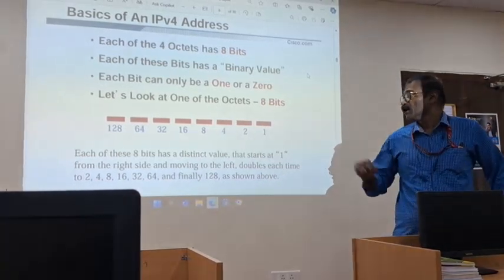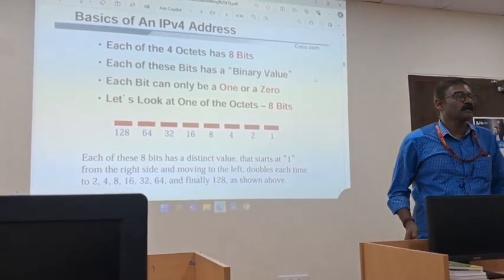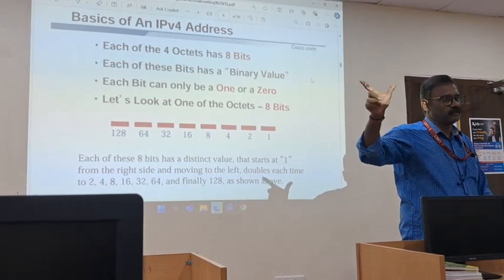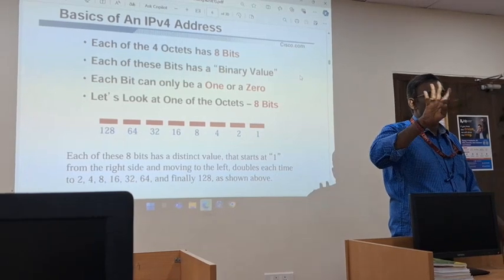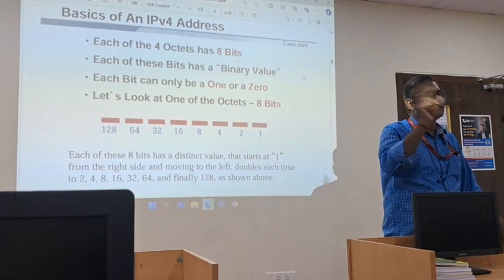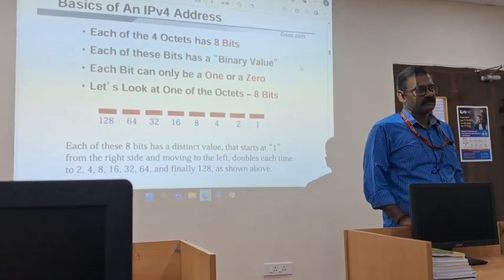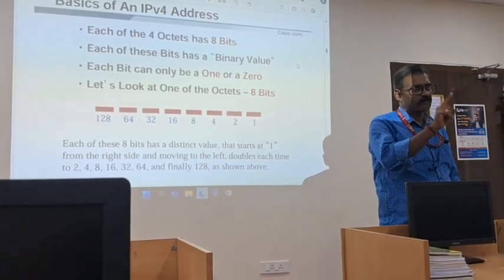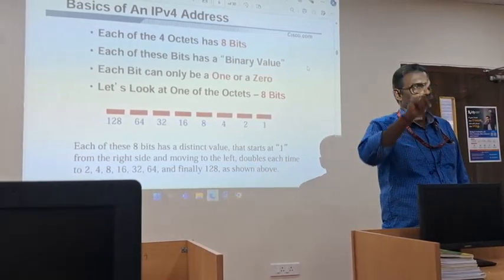Now we are coming to the basics of IPv4. The IPv4 address is 32 bits wide. That means 4 bytes, a 32-bit word in dotted decimal notation, right? That means 4 octets, where one octet means 8 bits. 8 bit dot, 8 bit dot, 8 bit dot, 8 bit. So there are 32 bits.